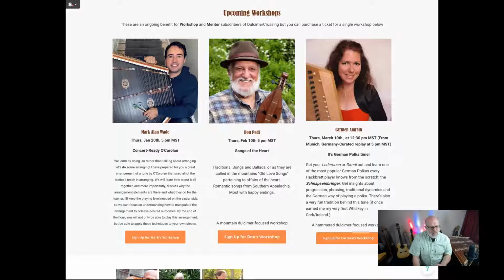We make Mountain Dulcimer translations as we're talking about it. But this is focusing on arranging, taking a blind Irish harper, Turlough O'Carolan's piece, and arranging it on Hammer Dulcimer. So it's actually us doing the arranging so that we can apply those things on other songs later.